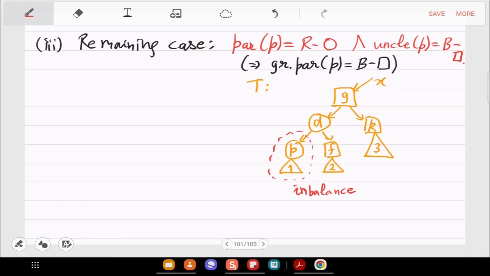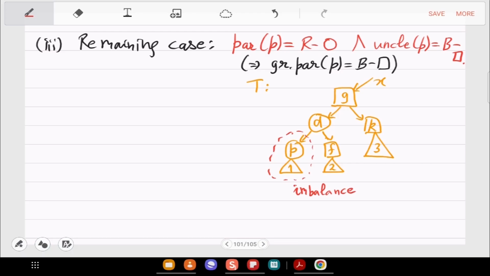So the imbalance is here because you just inserted P here blindly without correcting the parent of D, who is also red. And other cases we have solved, so it means that the grandparent of P, which is G in this case, is black, and its right child is also black. Right? So this is the case where we are stuck. And G is pointed by X, so this is just a local situation where we are stuck currently. Is this clear? Here we want to now resolve the imbalance.